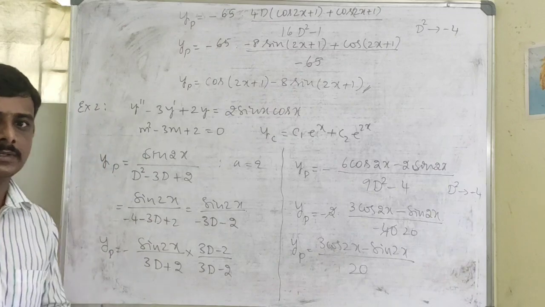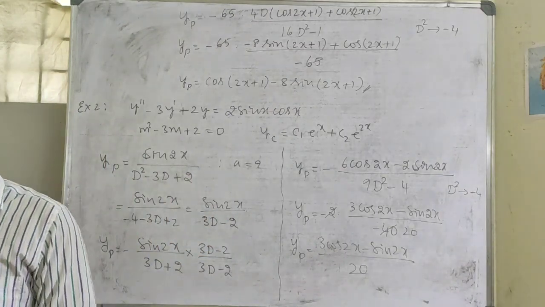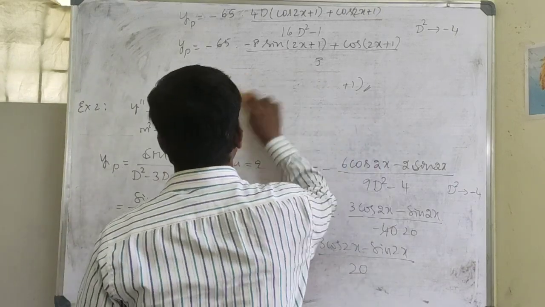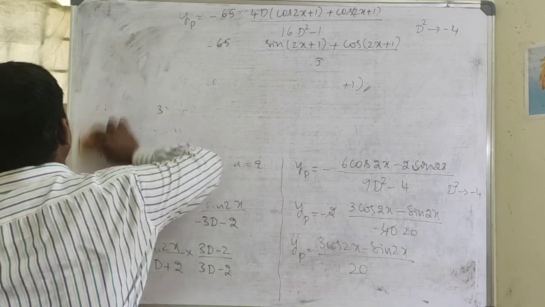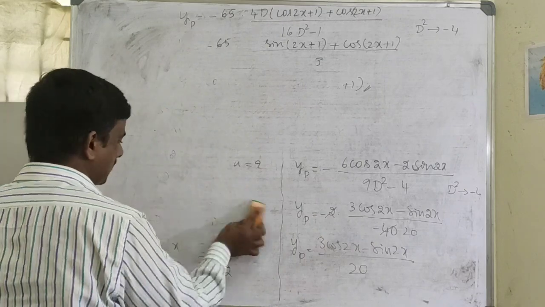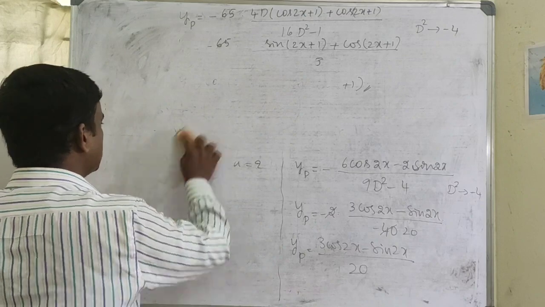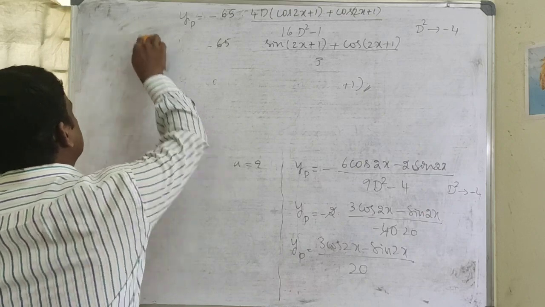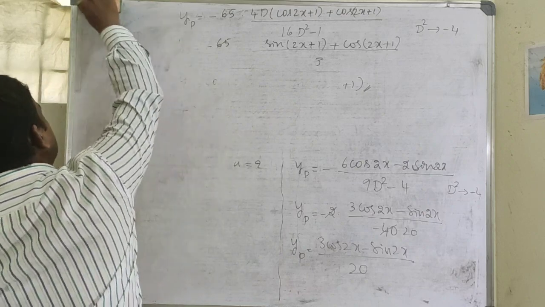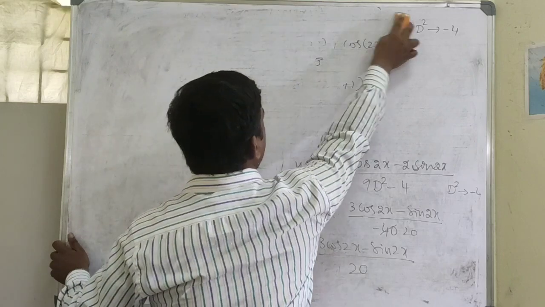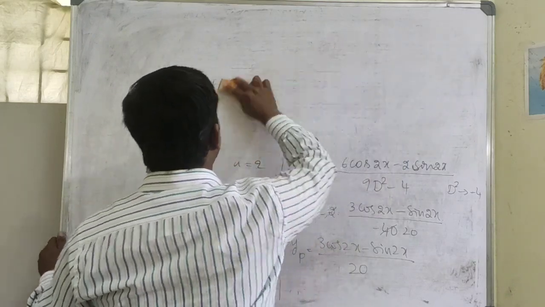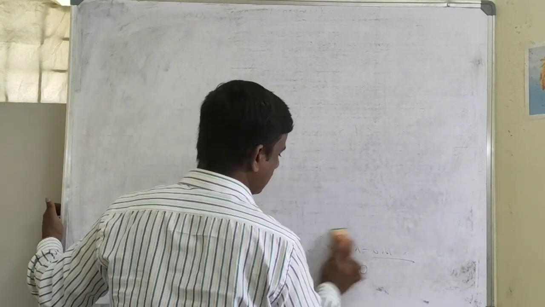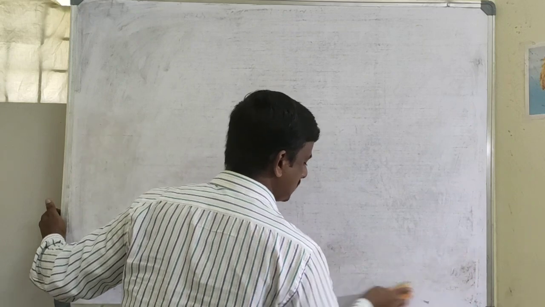That is yp. So that is the way of finding the solution of a non-homogeneous linear differential equation when the right hand term is a trigonometric function sin ax or cos ax. So we discussed the two types. In the first type, the right hand term is an exponential function, or a hyperbolic function. The second one is a trigonometric function. If the right hand term is a trigonometric function, you can apply the second type method to find its solution.